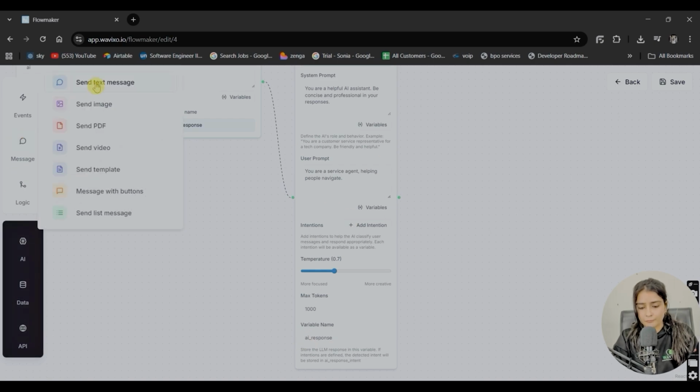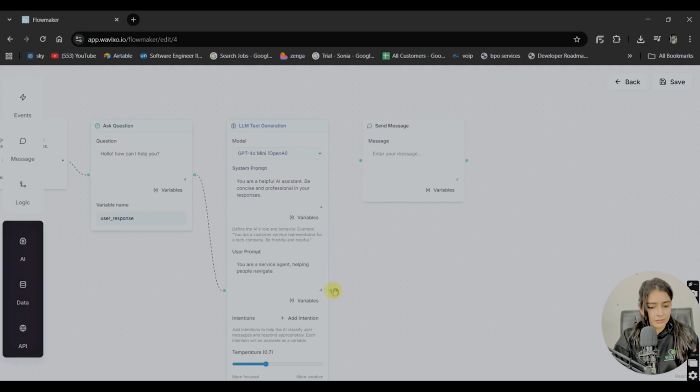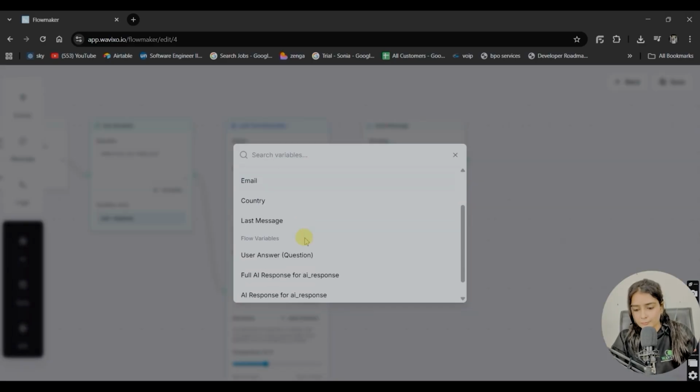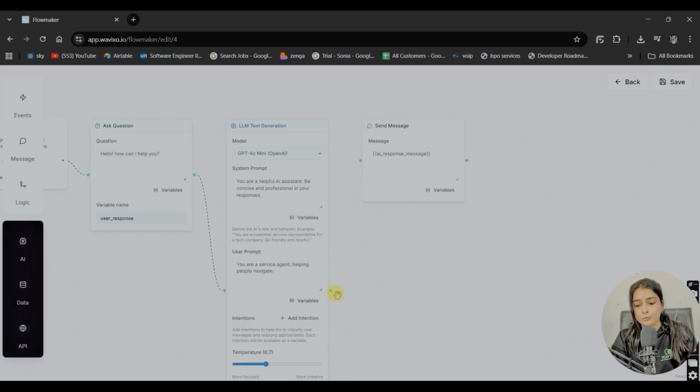Okay, then add send message node. Now map it to the variable AI response message to deliver the AI generated replies. Okay, now let's connect these nodes.